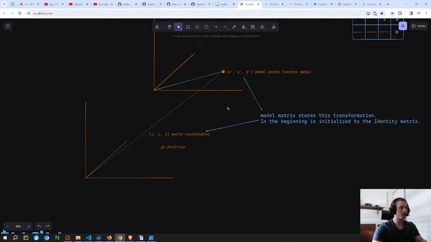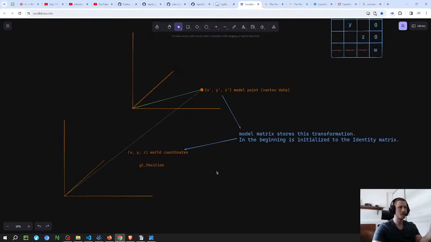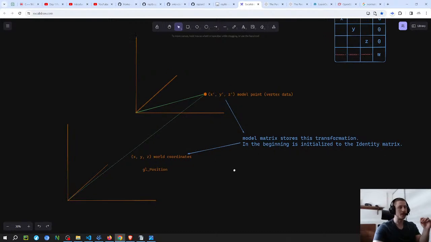So you have 2 different coordinates, one is the local coordinates of the point you're sending, and the other one is the world coordinates. But in the beginning, these 2 coordinates are going to be the same, because what you do to transform from the local coordinates to the world coordinates is multiply the points by a matrix called the model matrix. And after you do that multiplication, it's like you're translating the local coordinate into the world coordinates. And the reason you do that is because